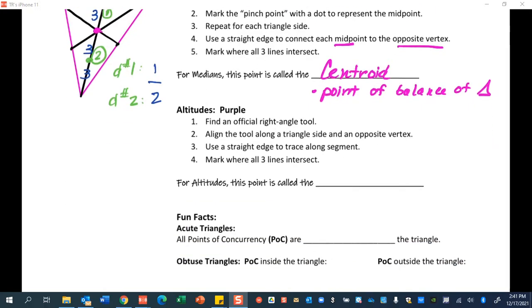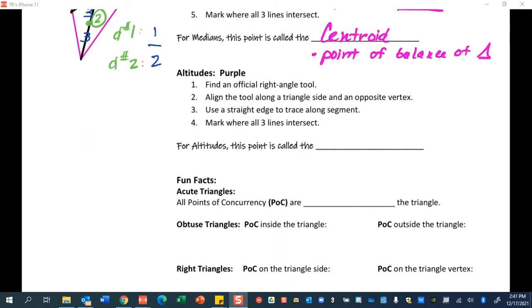Okay, real quick, let's talk about the altitudes. When we found an official right angle tool and measured the altitudes of our triangles, it was kind of boring if you happen to have a right triangle. But if I had an acute triangle